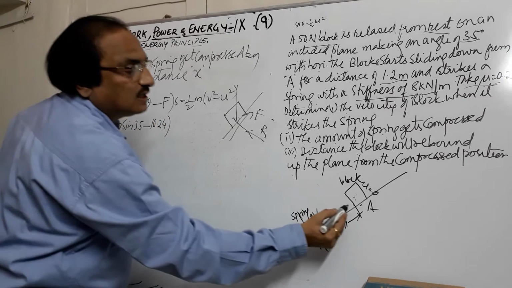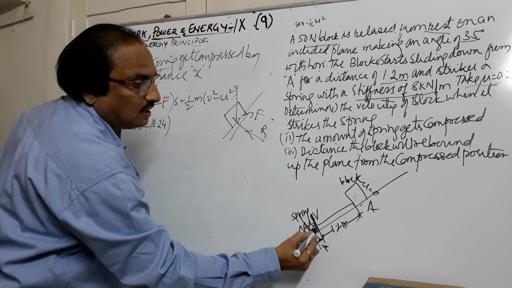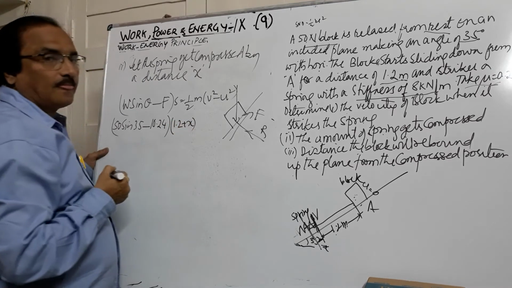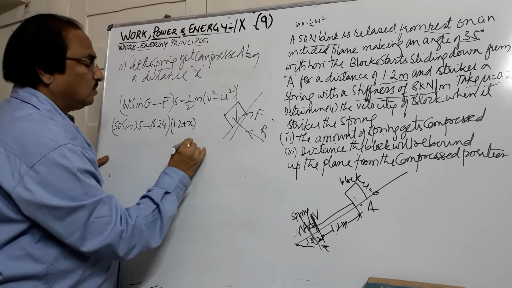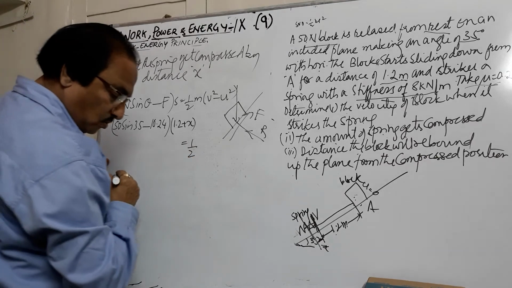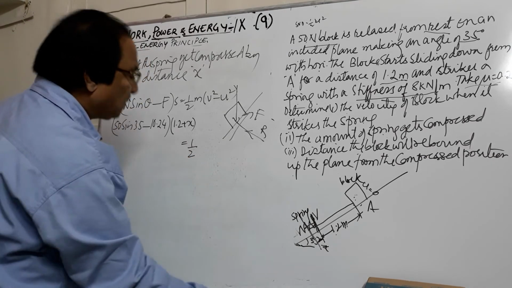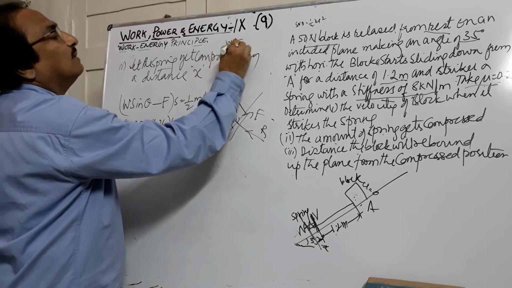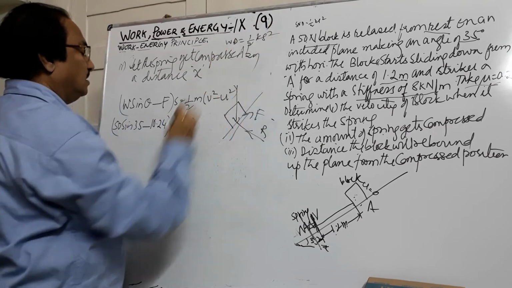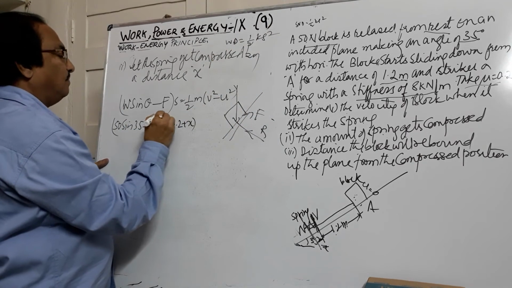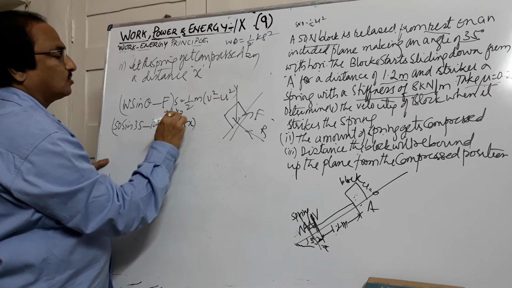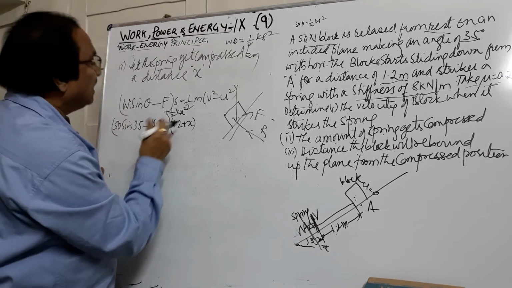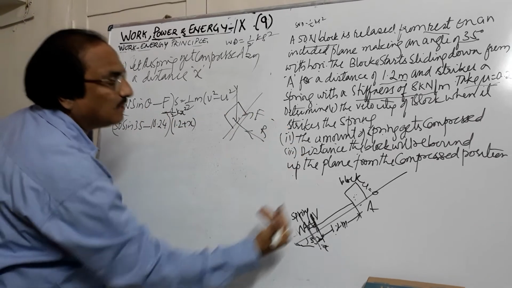Now the distance for which it is traveling is 1.2 meter plus this compression, so this will be 1.2 plus x. So the spring is getting compressed. I showed you just now the work done by the spring is half kx square. So if I add that here, plus half kx square, this is the compression of the spring, and this value, if I take here, it is getting compressed, so it will become negative.